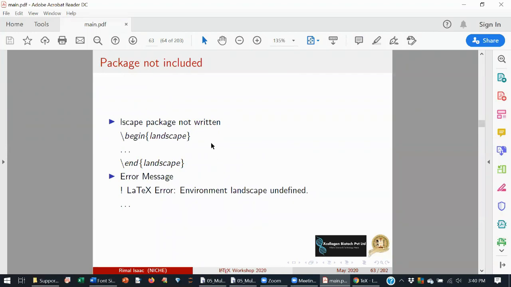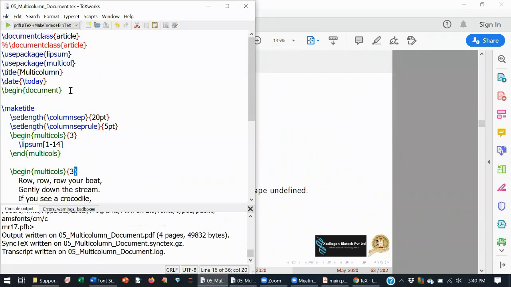a package error. Okay, so here we'll see. This person put begin landscape and end landscape, but what happens? In the preamble, this part is the preamble, he did not use the package. Okay, the commands or conditions you use in LaTeX are very much dependent on the package.